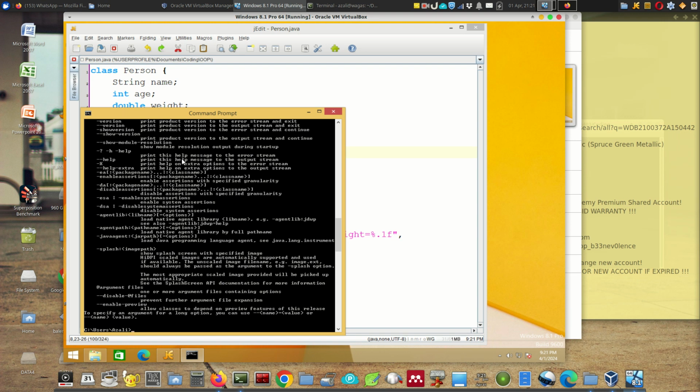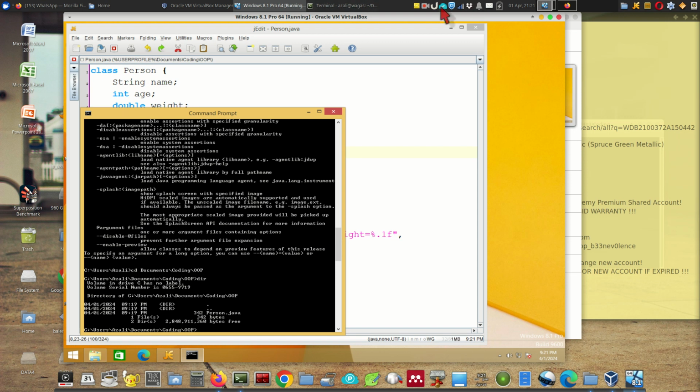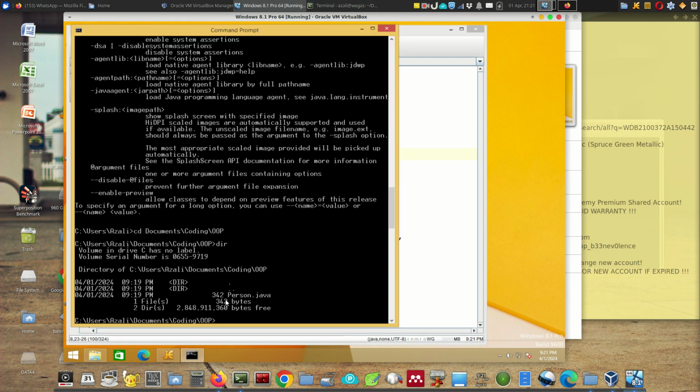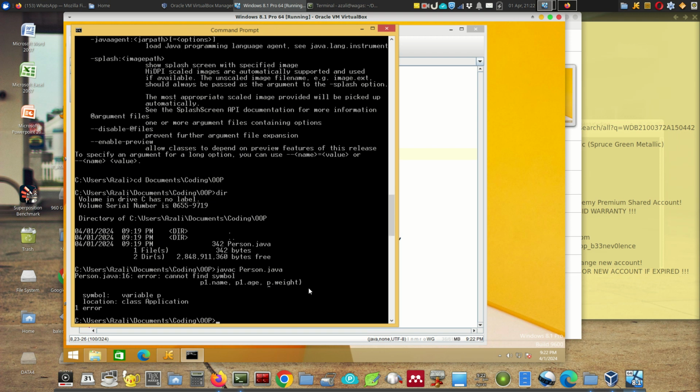Now in my case, I put my Person.java in my document folder, coding/oop. So I have the file Person.java in my directory here. I use the command dir to list out the file, and then you can use your Java compiler, javac, and the file name Person.java. So if it is okay,